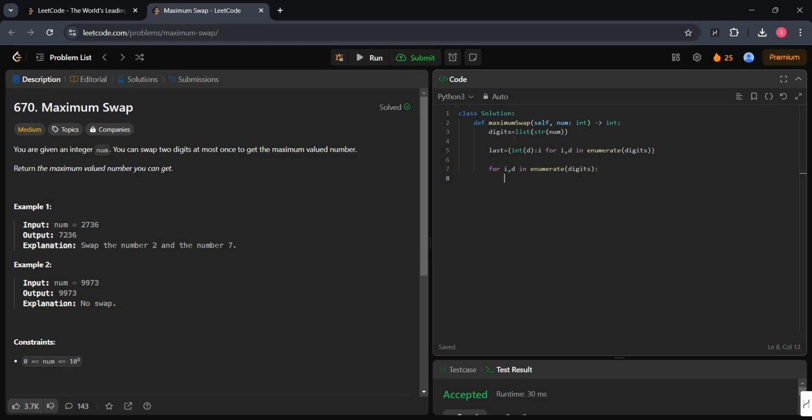Now I have to check if there is a larger digit later in the number. Okay, I'm taking for bigger in range of 99, int of d, as well as I'm looping it backwards. Okay, so if last dot get of bigger and -1, is greater than I. So for that, then we have to swap the current digit with the bigger digit found